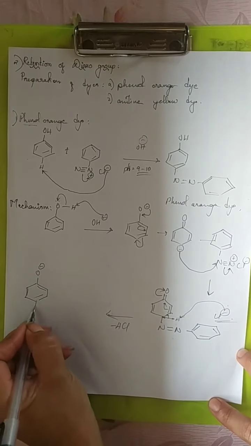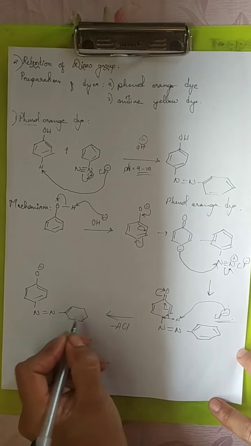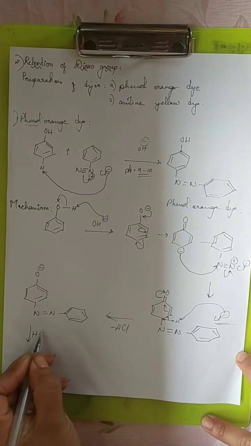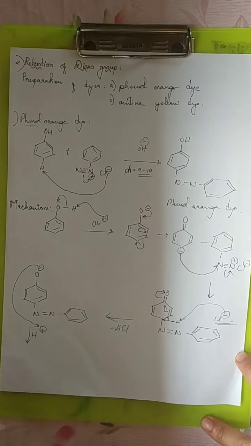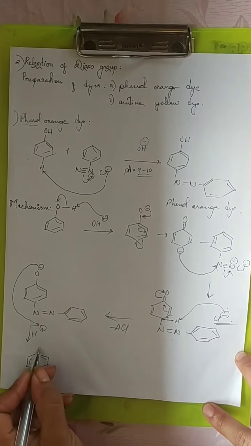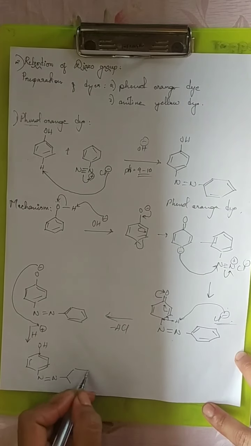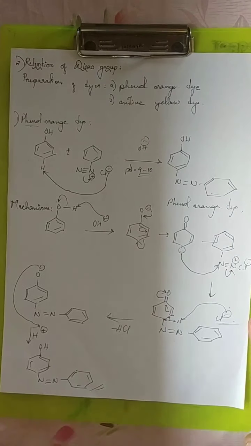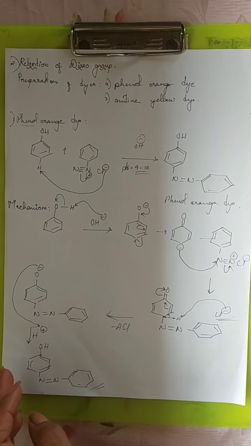O minus and N double bond N, and then this is the product. Now deprotonation comes and takes this, and then this becomes OH, and this is our phenol orange dye prepared here. Therefore these are the preparation steps for our phenol orange dye, and thus in this mechanism we see here